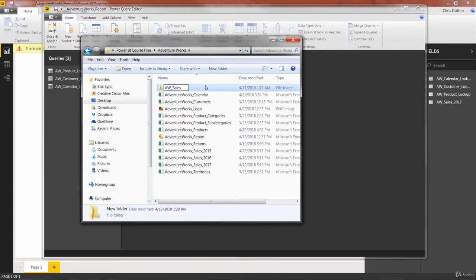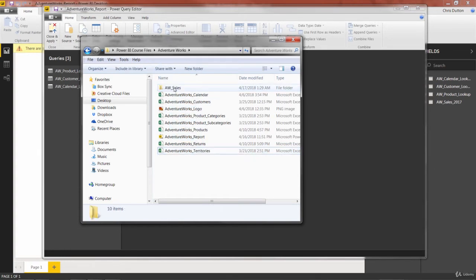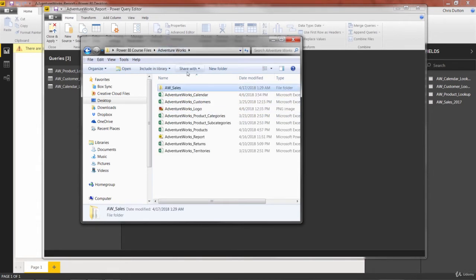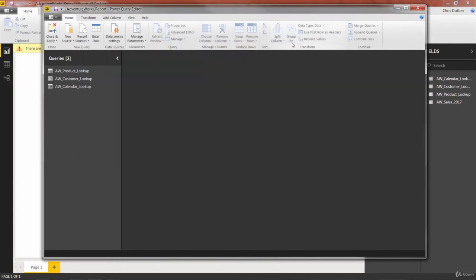You can name it whatever you want. And then once I've created that empty folder, I'm going to select each of my sales tables, 2015, 16, and 17. I'm going to drag them all into that AW sales folder. Now when you click in, you can see that it contains all three of those files. And once I've done that, I can go ahead and close that file window, return back to my query editor,